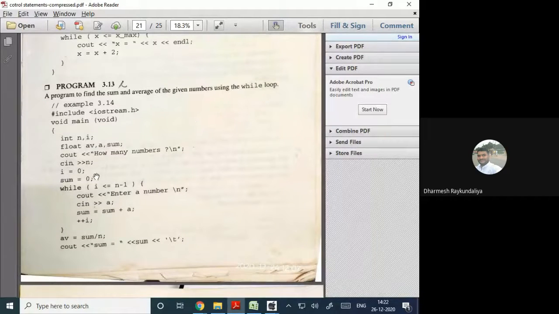Suppose you wish to write a program to find the sum and average of given numbers using the while loop. The same program as before, but instead of a for loop I am using the while loop. I am declaring n and i as integers, and sum as a floating point number. How many numbers? Let us say n numbers.